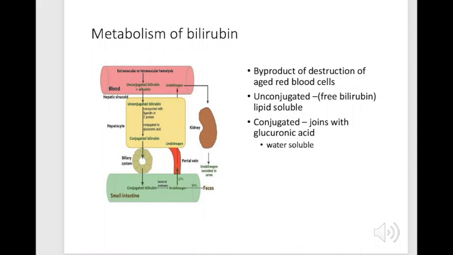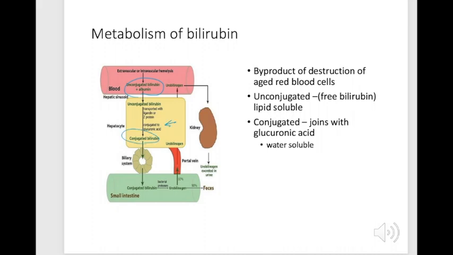The biliverdin is enzymatically converted to bilirubin in the macrophage and then released into plasma. In the plasma, the bilirubin binds to albumin, and it is then considered unconjugated bilirubin, or free bilirubin, which is lipid soluble. Unconjugated bilirubin also has a role as an antioxidant and provides cytoprotection. In the liver, unconjugated bilirubin moves from the plasma in the sinusoids into the hepatocyte. Within the hepatocyte, it joins with glucuronic acid to form conjugated bilirubin, which is now